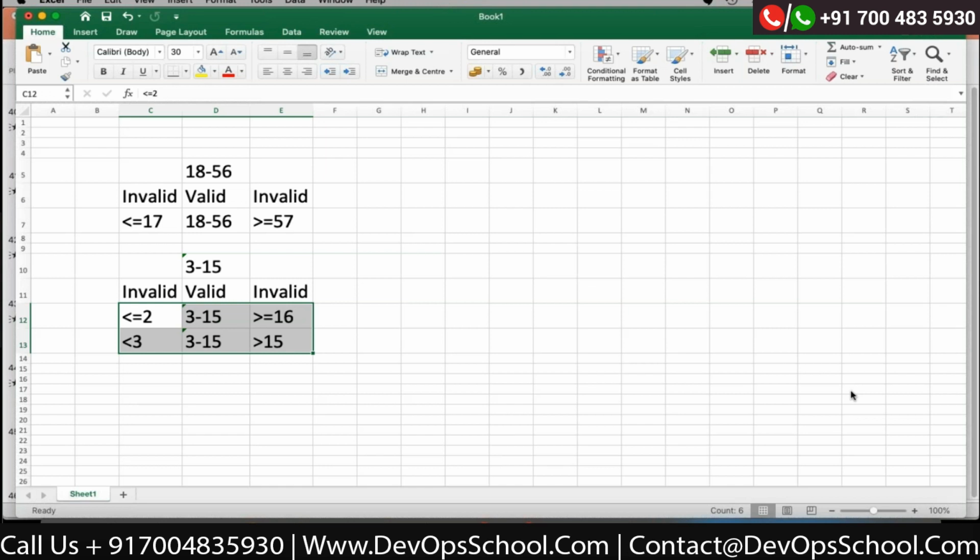So from last time, Rakesh has given only the invalid range, he has not given the valid range. So the valid range is also important. So this is fine. Akshay has given only the invalid range. The valid range is not provided.